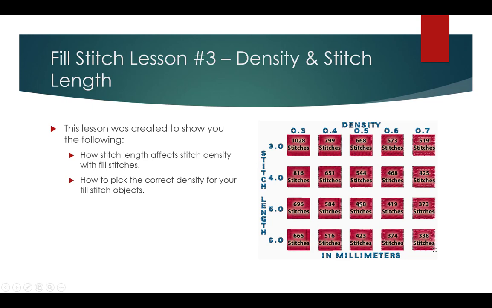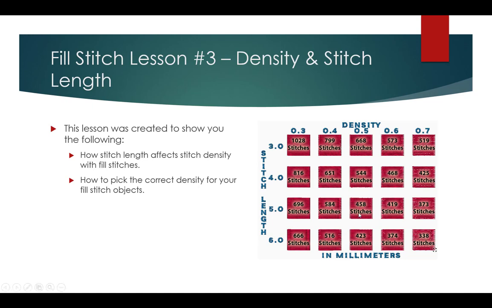Okay, so a lighter density, meaning you're over here maybe in the 0.5 area, with a longer stitch length is going to cover the material better than a short stitch length with a tighter density. So for instance, if you stitch it out and you find that, hey, this 0.5 density with the 5 millimeter long stitch length covers the fabric, totally covers it, you don't see any of the material coming through,